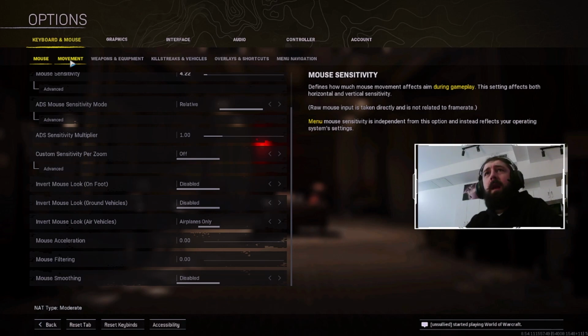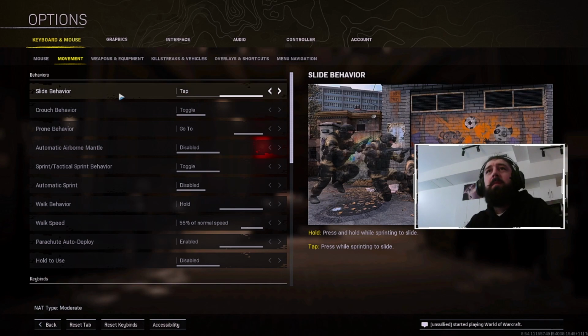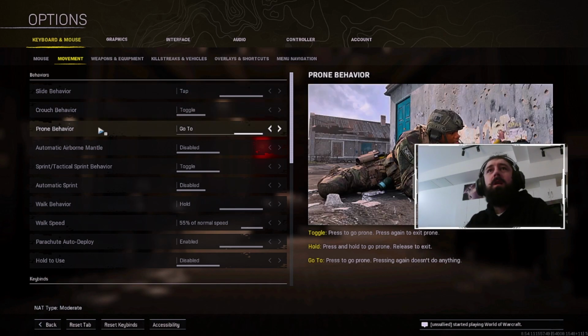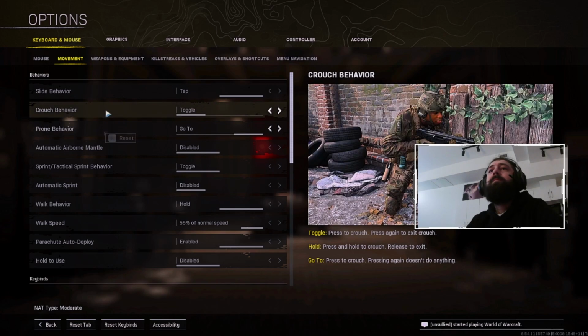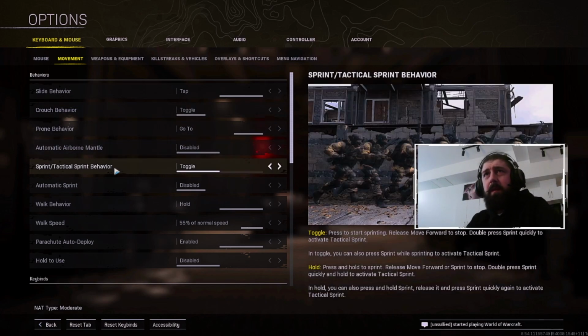And I think the rest of everything else is pretty normal. Slide behavior, tap. Crouch toggle. Prone behavior, go to. This is odd because go toggle is definitely not. Anyway,